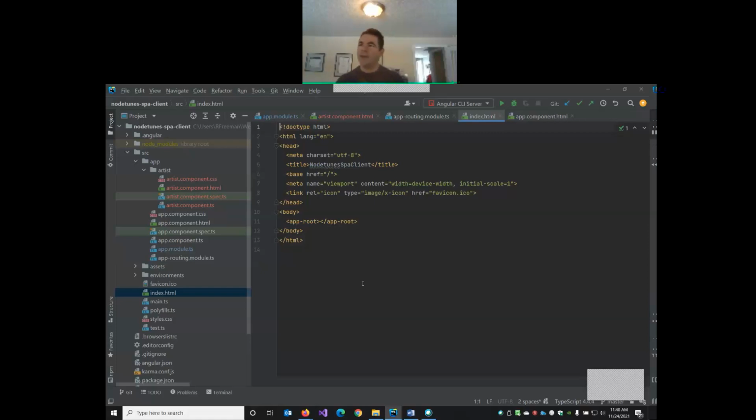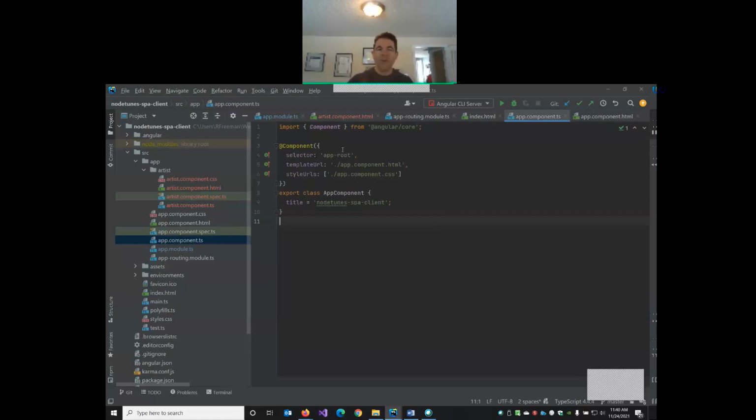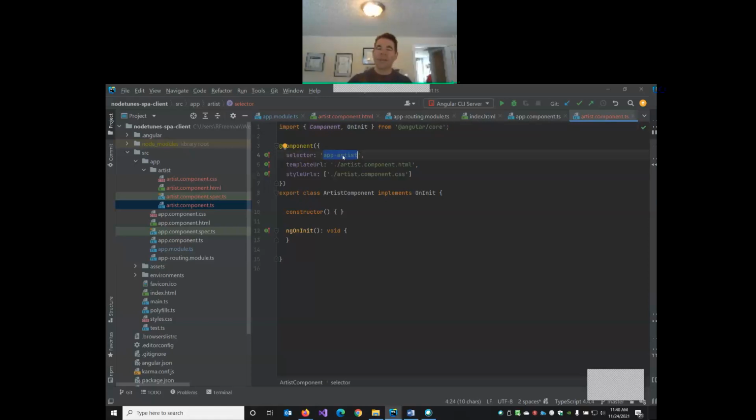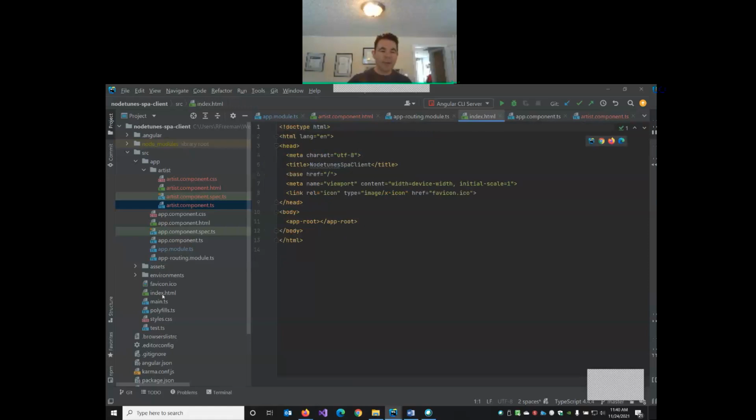We want to change one of these lines. Yeah, you got it, Reden. So app root refers to this component. The default has this selector of app root. So Reden, here's our artist component. What should we change app root to? Yeah, exactly, almost. Our selector is here. We're going to change it to the app artist selector instead. So in index.html, which we find here,